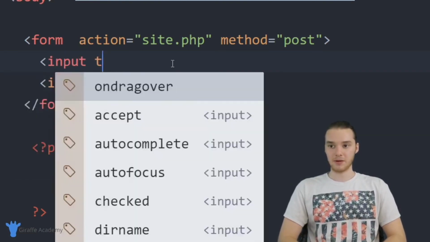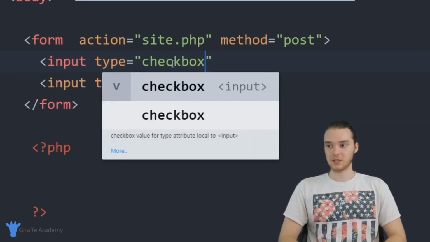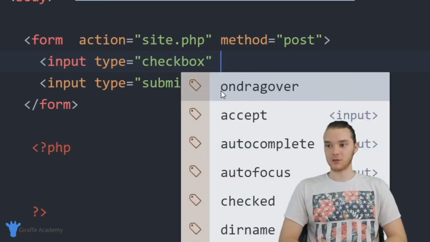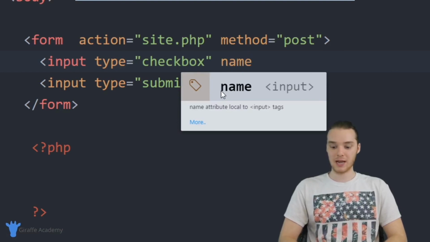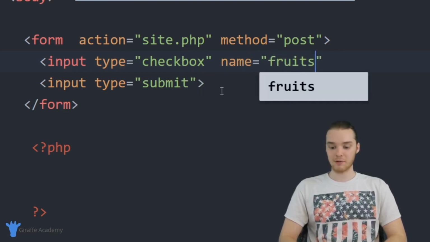I'm just gonna say input, the type is gonna be equal to checkbox. So this is basically gonna tell HTML that we wanna create a checkbox. And then over here, I want to give this a name. So I'm gonna say name is equal to, I'm just gonna call this fruits, and I'm gonna make an open